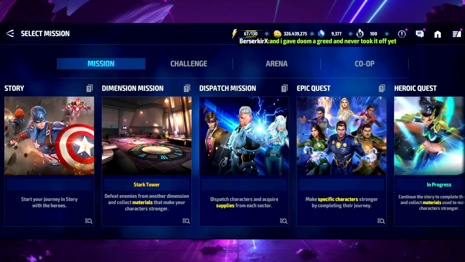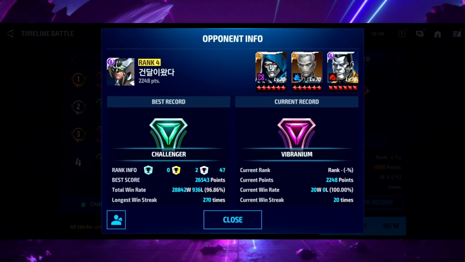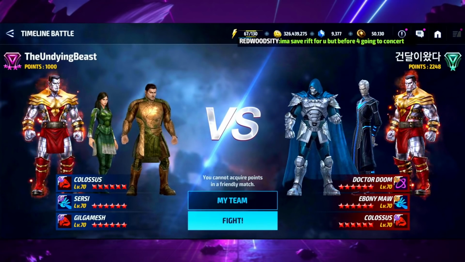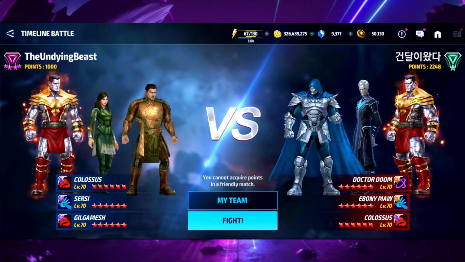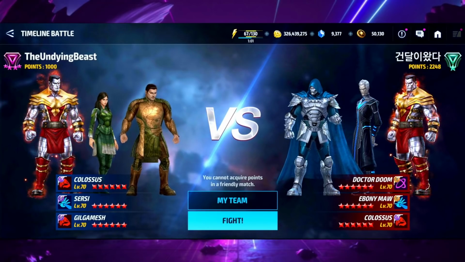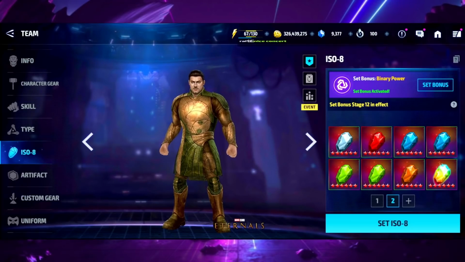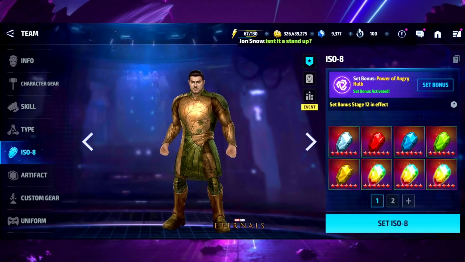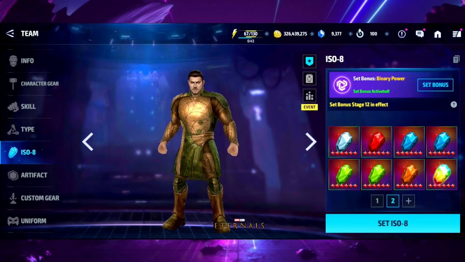I think it goes without saying that Dr. Doom is probably the most feared character in timeline battle right now. So what I've done here is I've found one person in timeline battle that has a brilliant CTP of authority for Dr. Doom, which at this point in time is the best defensive custom gear for Dr. Doom. And we know that Dr. Doom has plenty of damage to go around. So what I want to do is do 5 fights against Dr. Doom with my Gilgamesh with the attack ISO set, and then 5 with the HP shield,